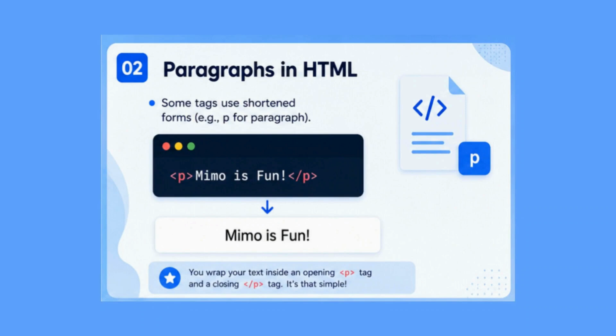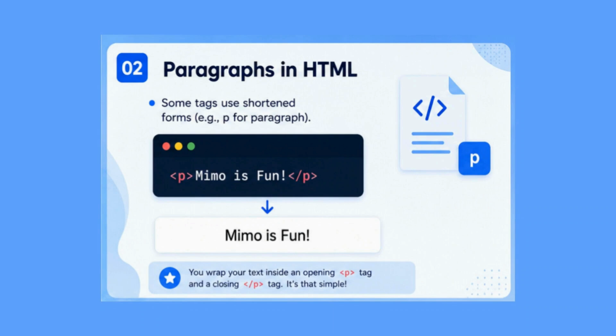Now let's learn how to display regular text using the paragraph tag. The paragraph tag is written as <p>. It's one of the most commonly used HTML tags because it's used whenever you want to display a paragraph or sentence. For example, <p>Mimo is fun.</p>